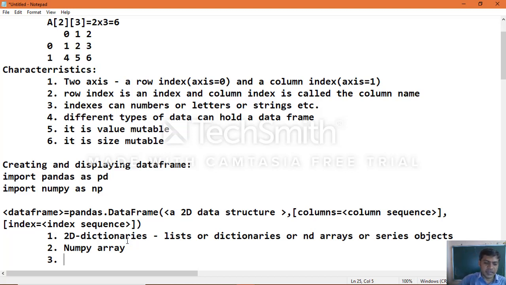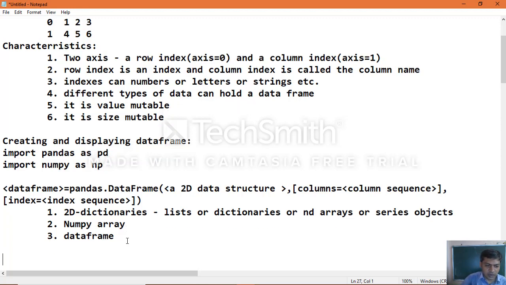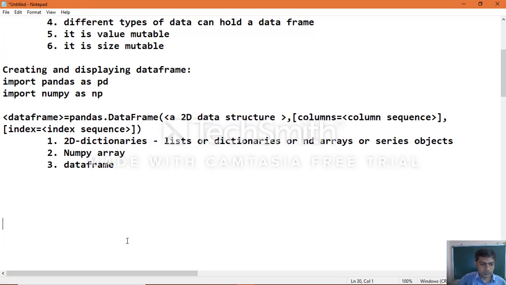Another type is a data frame within a data frame. Yes, a data frame can also be taken as data. So there are different kinds of data which you can take to create a pandas data frame, a 2D structure.